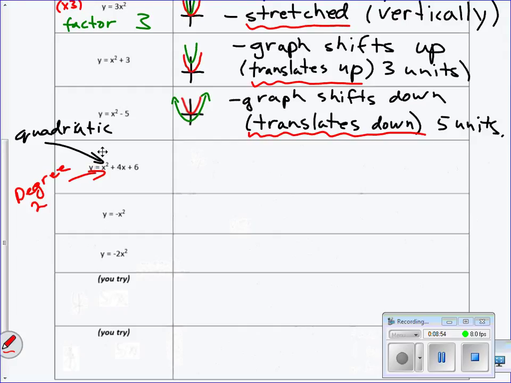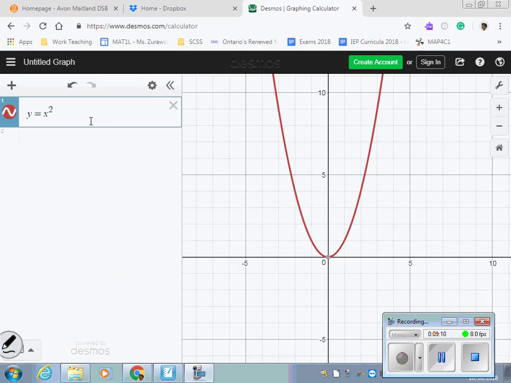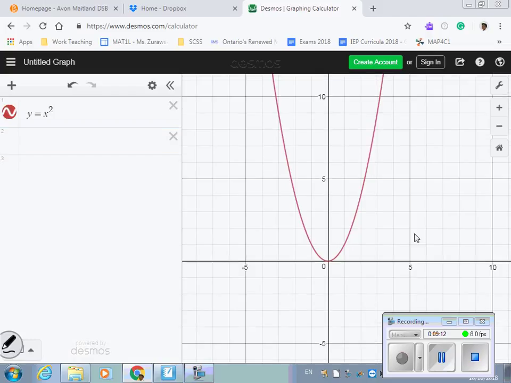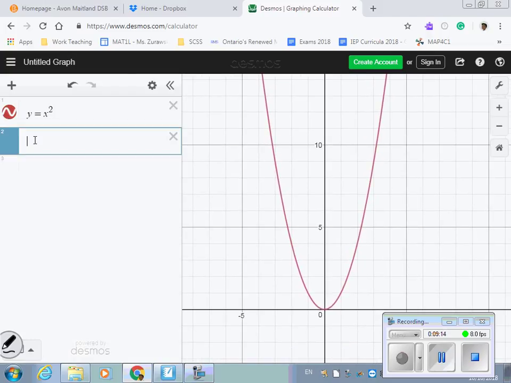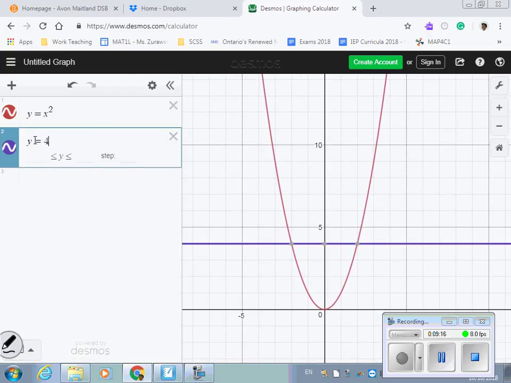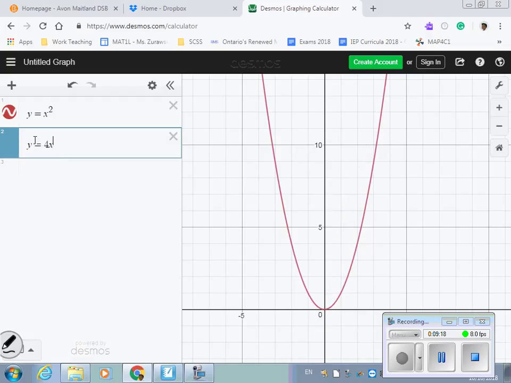And the 2 refers to the exponent that is on the highest power of my equation. And now, when we plug this into our graphing utility, we have y equals x squared